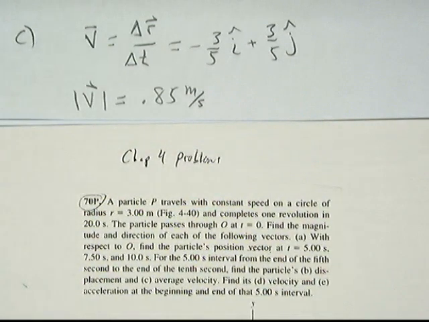Where am I? Average displacement, average velocity, got that. Okay, D and E. Find what should be labeled the instantaneous velocity and instantaneous acceleration at the beginning and end of that 5-second interval. Okay, how do you get this guy? There's a couple different ways of doing it. If you really know what you're doing, you can kind of kludge an answer together because of the specific times